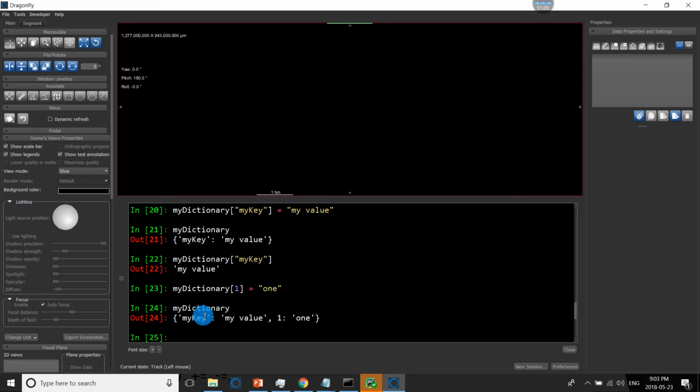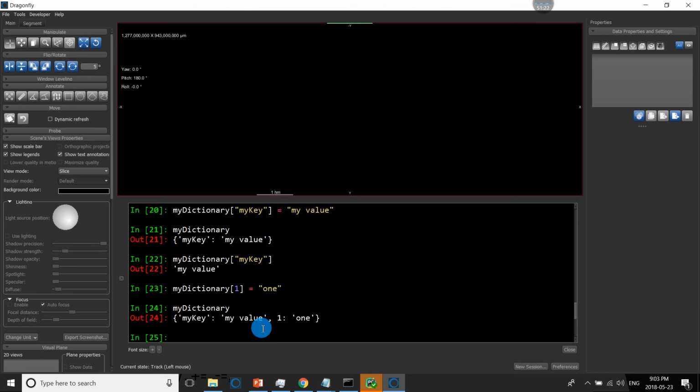Yeah. So the key for the dictionary is always a string. In Python, it can be anything. It doesn't have to be a string necessarily. So if I want to add something, so if I want to add the number 1, I can do that and then assign it another object.